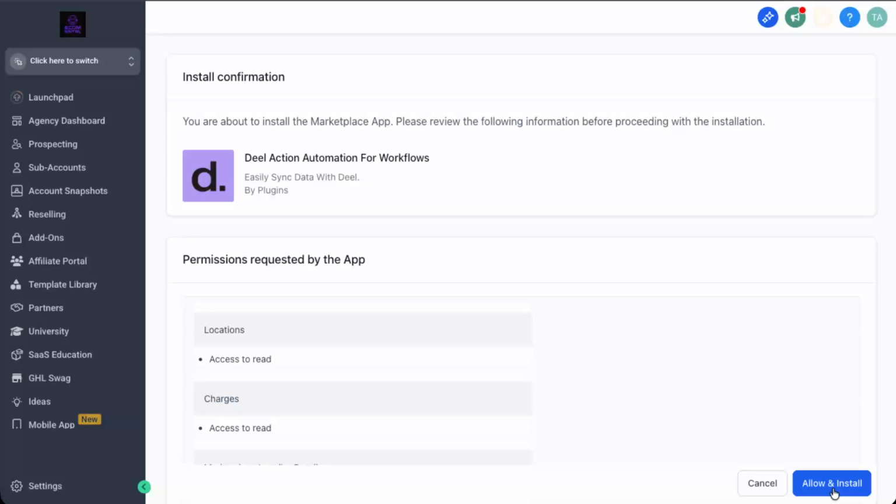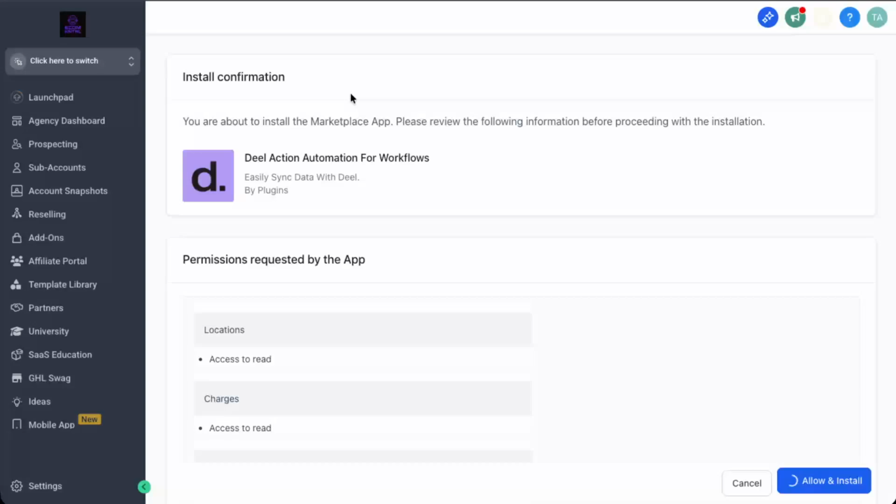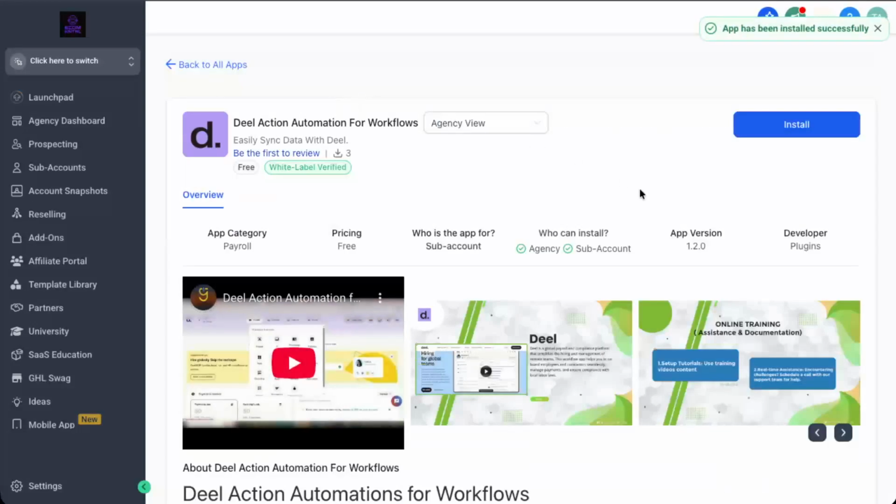After a few moments, the plugin should be connected to your GoHighLevel account. From here, you can follow any additional setup instructions provided by the app, such as connecting external accounts or adjusting settings inside your GoHighLevel workspace. And that's all there is to it. You've gone from opening the Launchpad to browsing the app marketplace to installing and allowing